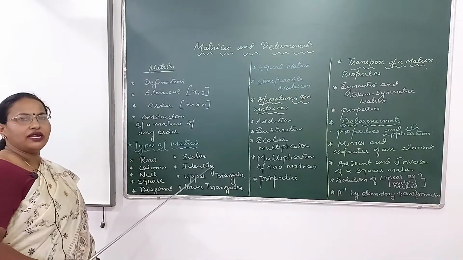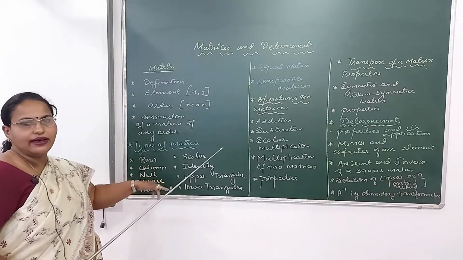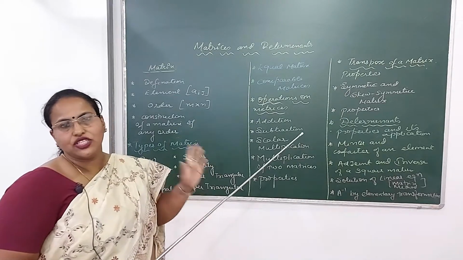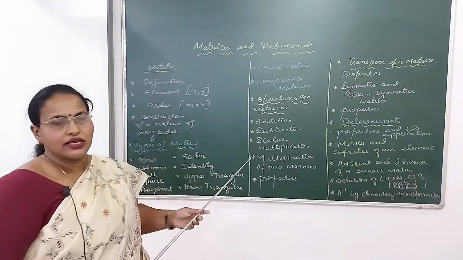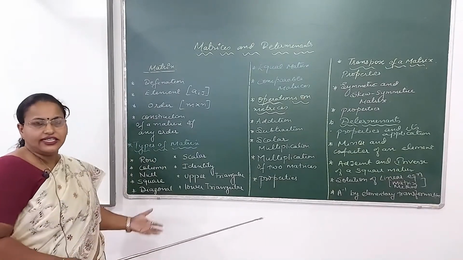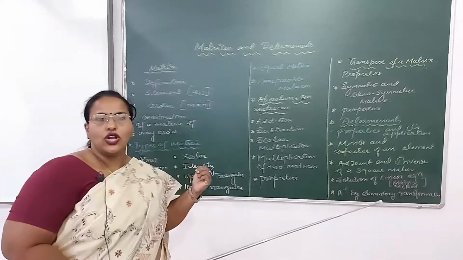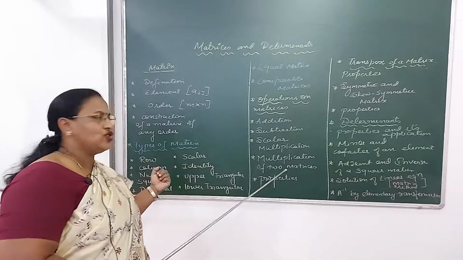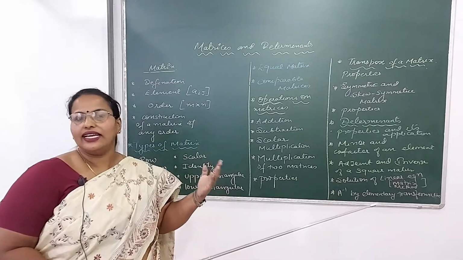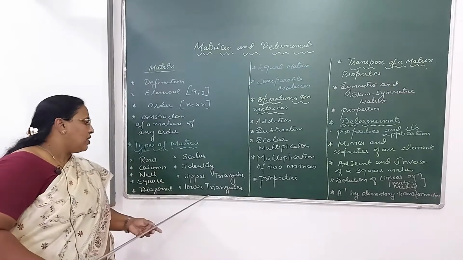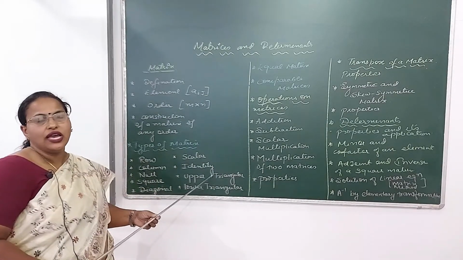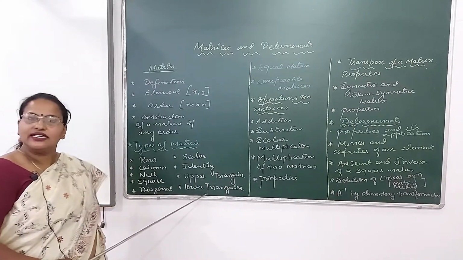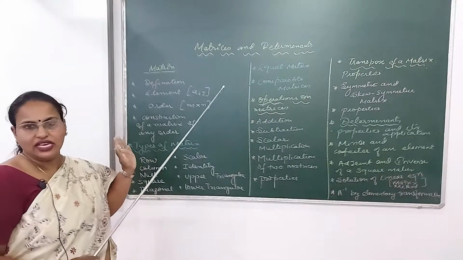The next is a scalar matrix. Add on to this. Now what we are adding here? A square matrix whose diagonal elements are the same and non-diagonal elements are 0 is known as a scalar matrix. Then comes identity. Identity means a matrix whose non-diagonal elements are 0 and diagonal elements are equal to 1. Then it is called a unit matrix, or it can be called identity. Then comes upper triangular, lower triangular. Upper triangular will be followed: Aij is 0 for i greater than j. This is, Aij is 0 for i less than j. So all this explanation I have already given.